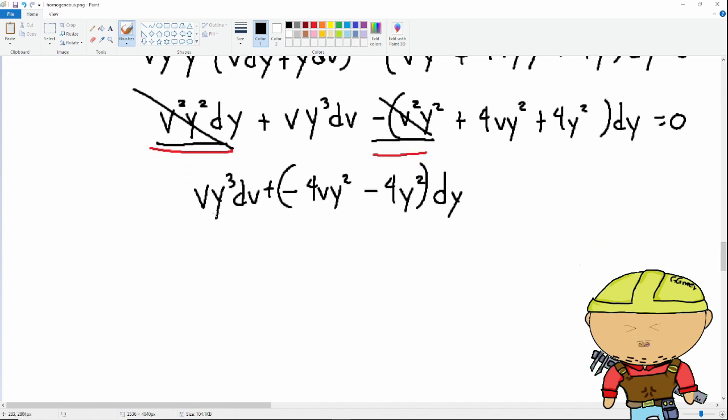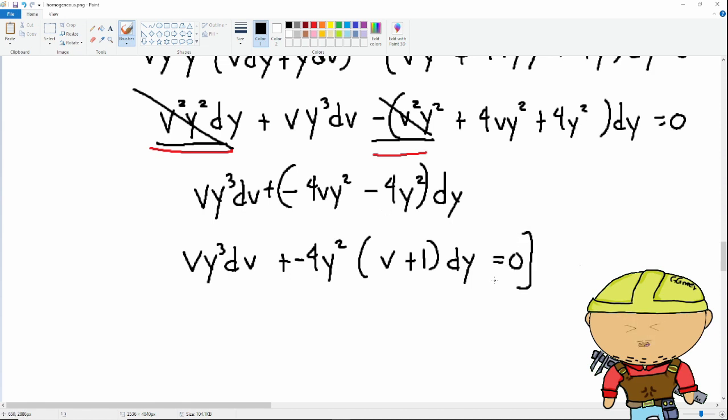Okay, so and also we have actually 4y square. Okay, so separate the variables. Okay, vy cube dv plus, or I'm gonna put negative here, negative 4y square v plus 1 dy. Okay, v plus 1, only one v here, and negative 4y square, so that's gonna be positive 1 is equal to 0. Divide both sides by y cube